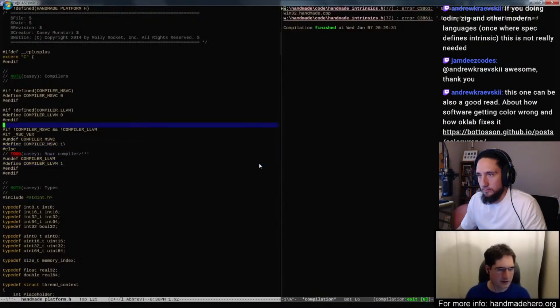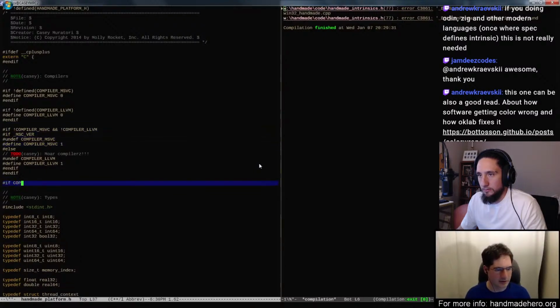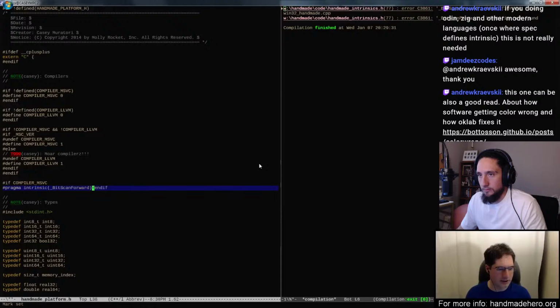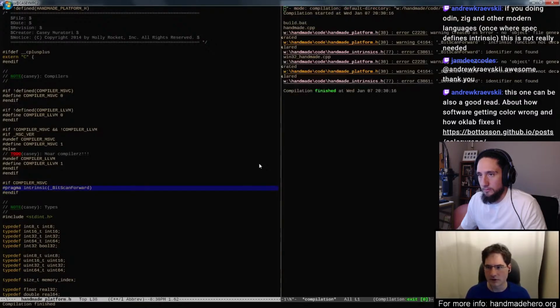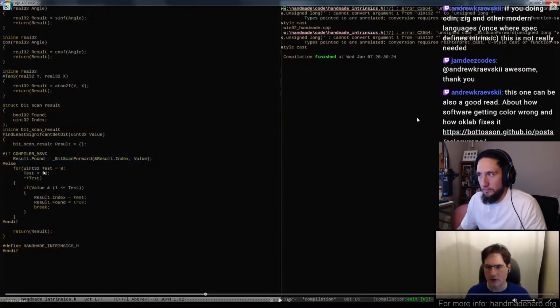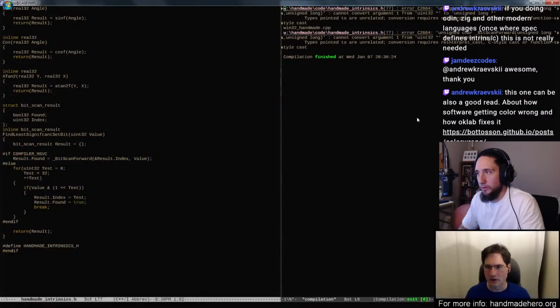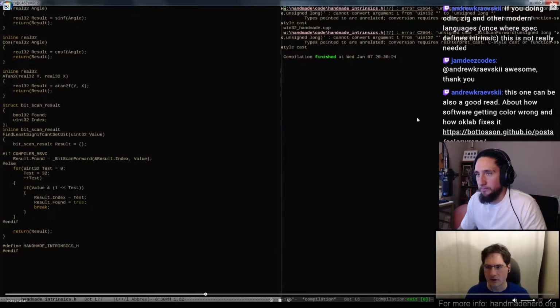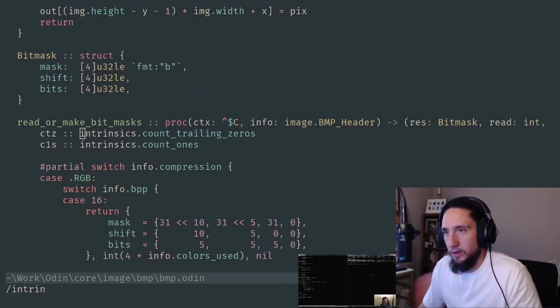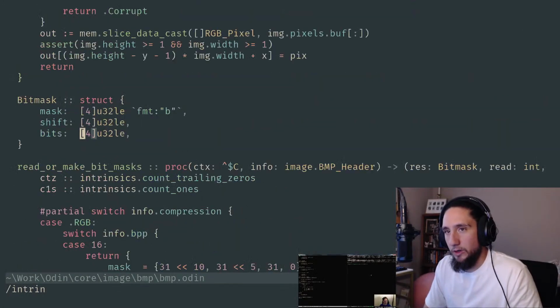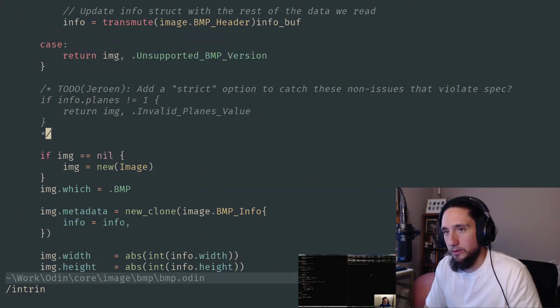So if we are defining MSVC, we can basically now have our little section where we do the things that we want to do if MSVC is here, such as that pragma. Intrinsic function not declared. So okay, I guess we have to include this file as well, which is the intrinsics, and then we'll see. It further reinforces why using Odin feels so awesome, because you get to just go do the thing, right? Like I don't have to muddy about with dealing with different compilers or what operating system I happen to be running on. Okay. Other than that, it won't come up sometimes. Like again, I still want to understand for myself what is the right way to go about